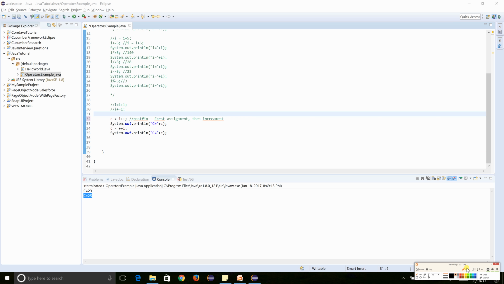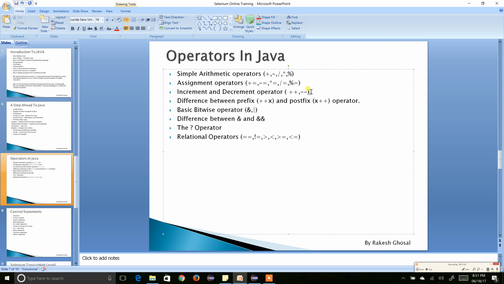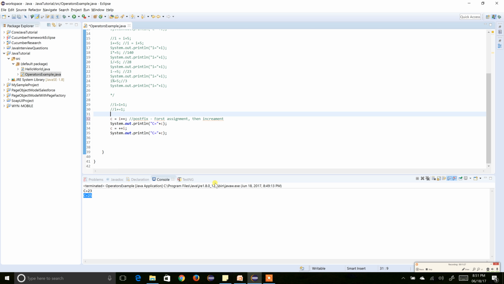Okay, so let's see what is next. So we have done this, we have done this. Now what are the basic bitwise operators, and, or? Okay, so to explain this,